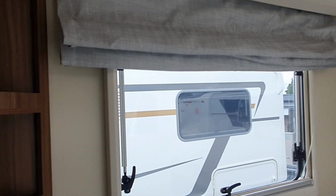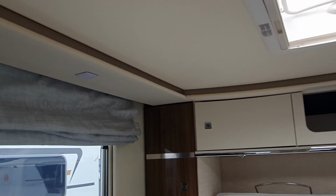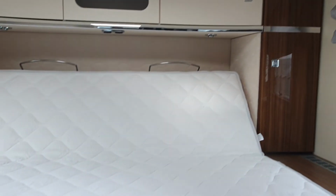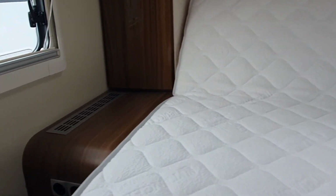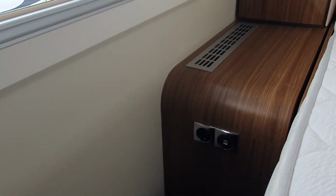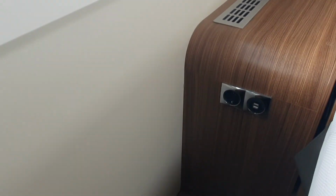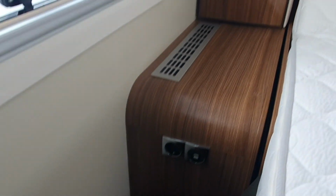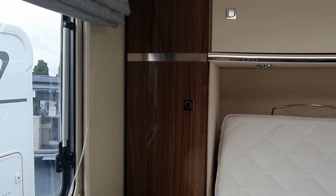But anyway, that's my opinion, and now, having said all these positive things, I've got to find something I don't like, otherwise people say I'm biased. And right, so, Queen bed, steps up to the Queen bed, storage in the steps, and as you'd expect with a Queen bed layout, there is of course